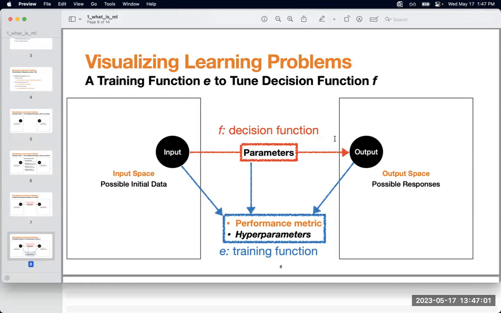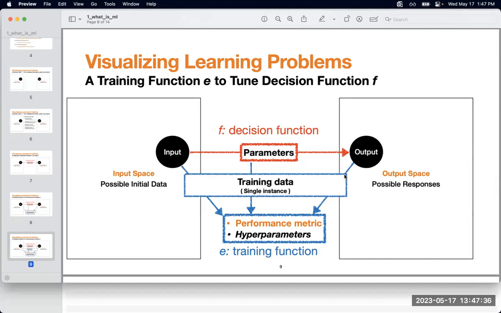Hyperparameters would be parameters that are defined by the practitioner, by the person that would actually be setting up the given model. So a hyperparameter is not typically something that would be learned autonomously by the model, while the parameters would be actually the numbers, the coefficients that would be learned. And then we have the performance metric that would be acting as a sort of a loop to determine how well essentially our model is doing.